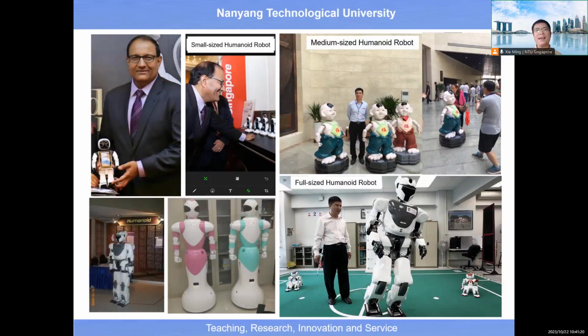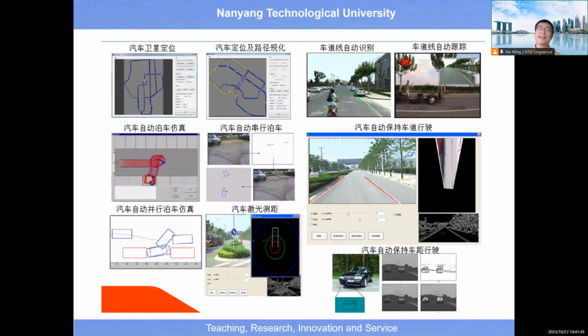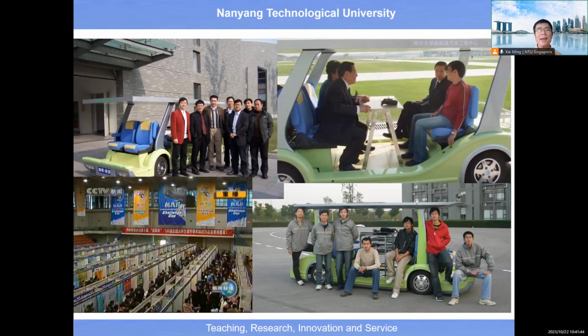And this slide highlights some of the robotic projects that I have undertaken, and in particular, I have also undertaken research projects related to the development of autonomous land vehicle, and these are some research achievements from my research. And from this slide, you can see I have also participated in this international collaborative project which